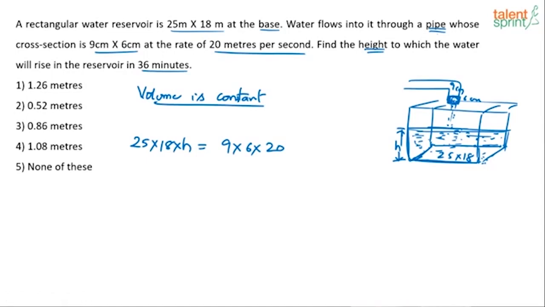So basically, area of cross section is 9 into 6. It is filling at the rate of, the speed is what? 20 meters per second multiplied by 36 minutes. The rate at which it is filling is 20 meters per second. It filled for how many minutes? 36 minutes. So if you observe, this unit of time and unit of time here gets cancelled after applying proper